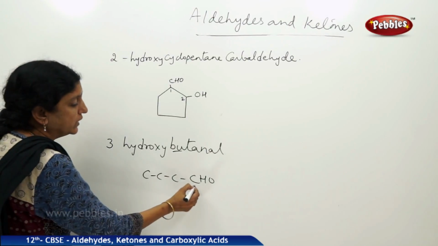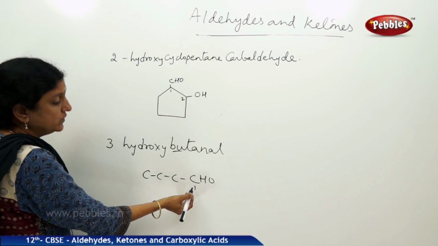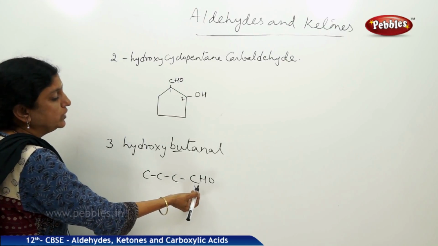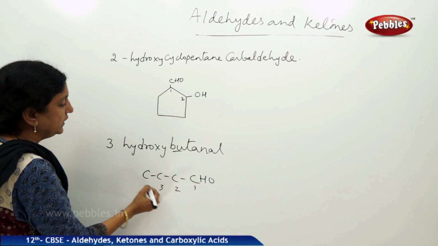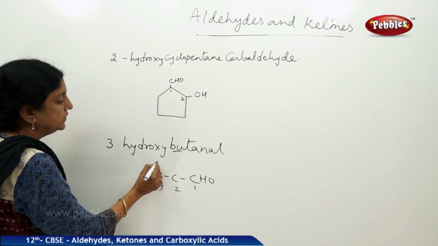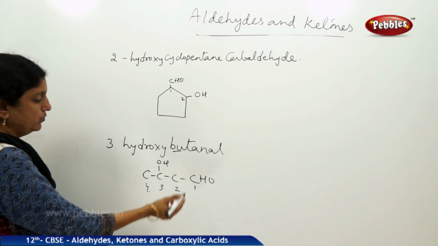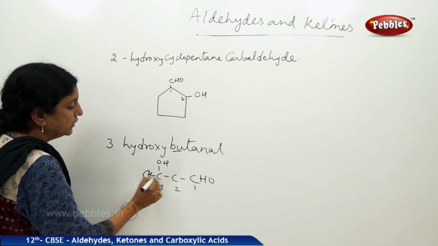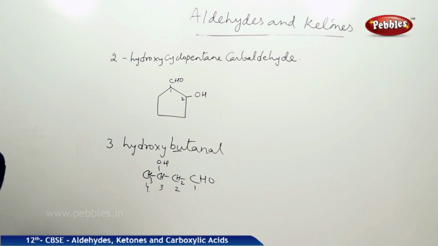So this must be carbon 1, that always gets the highest preference. So the least number should be given to the aldehydic carbon. So this would be 2, 3 and 4. Now you need a hydroxy group to be present on the third position. So this would be 3-hydroxy butanal, and filling up the hydrogens you would have this to be the structure of